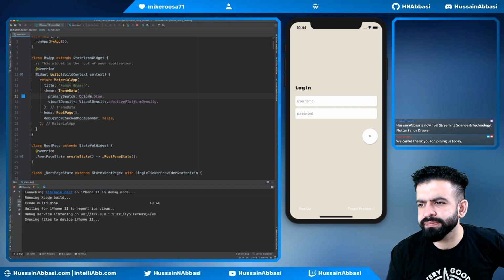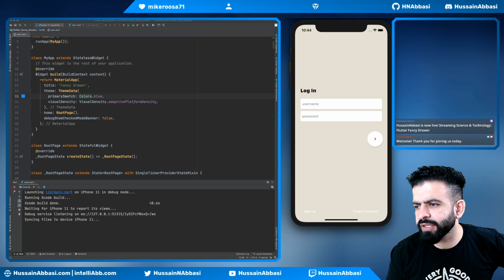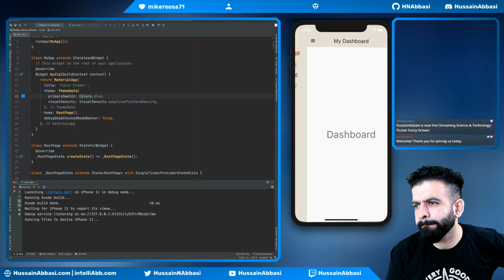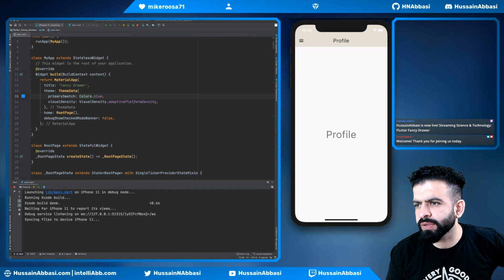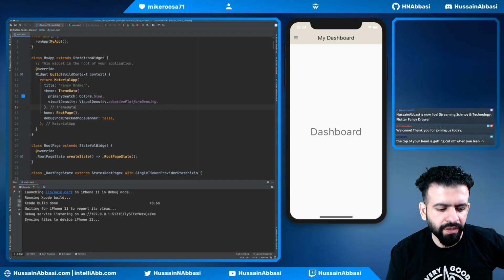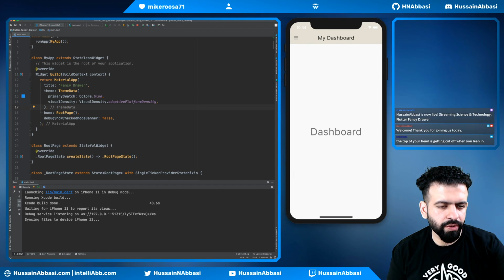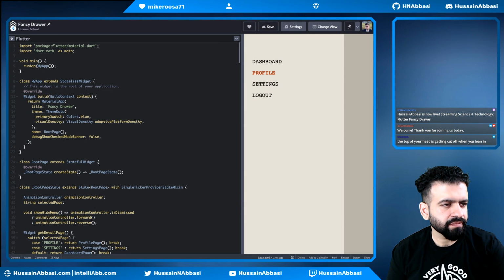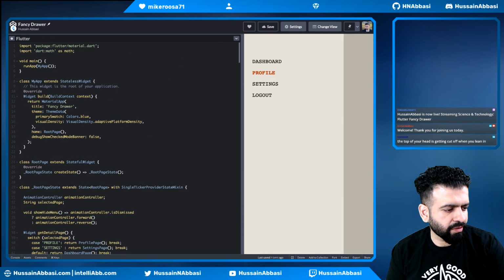So let's take a look. Here's the app running. Got that going. All right. So, like I mentioned, we were looking at the example from